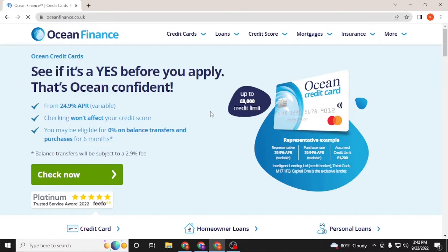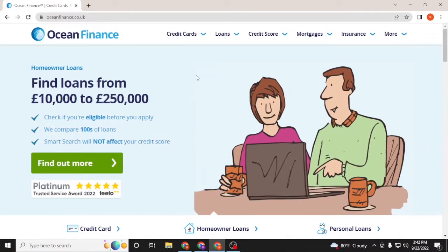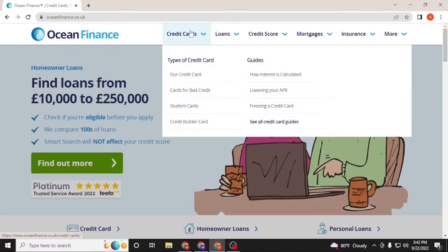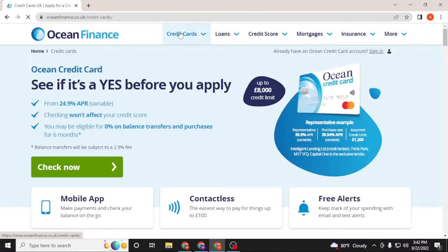And now to log into your Ocean Finance credit card account, you can see the credit cards option available over here. Click on that credit cards tab like this, and after you click on it, the sign in button will be available over here on the top right corner of your screen, just on the Ocean credit card account you can see. And let's click on sign in,